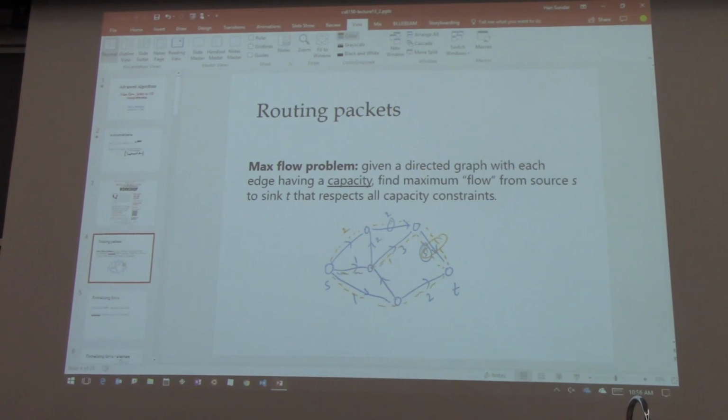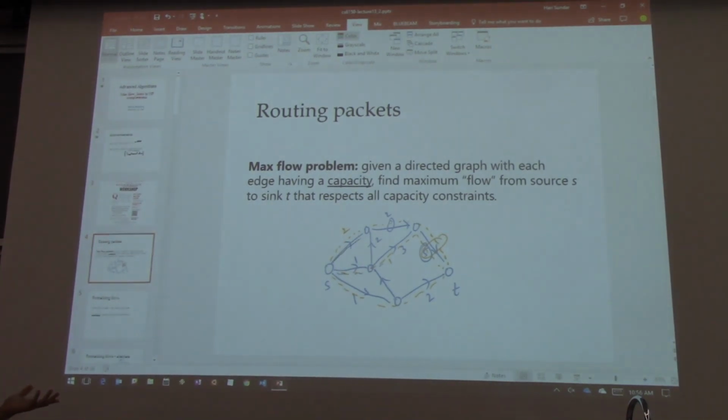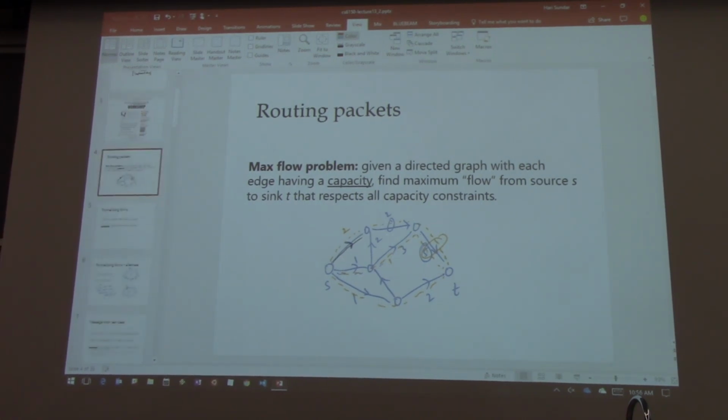Okay, so back to where we were. We were looking at flows. The max flow problem, we're thinking of it as routing from S to T. Think of sending water in pipes. You have edges that have capacities, and you're supposed to find a collection of paths such that you send as much flow as you can from S to T. So that's the max S-T flow problem.